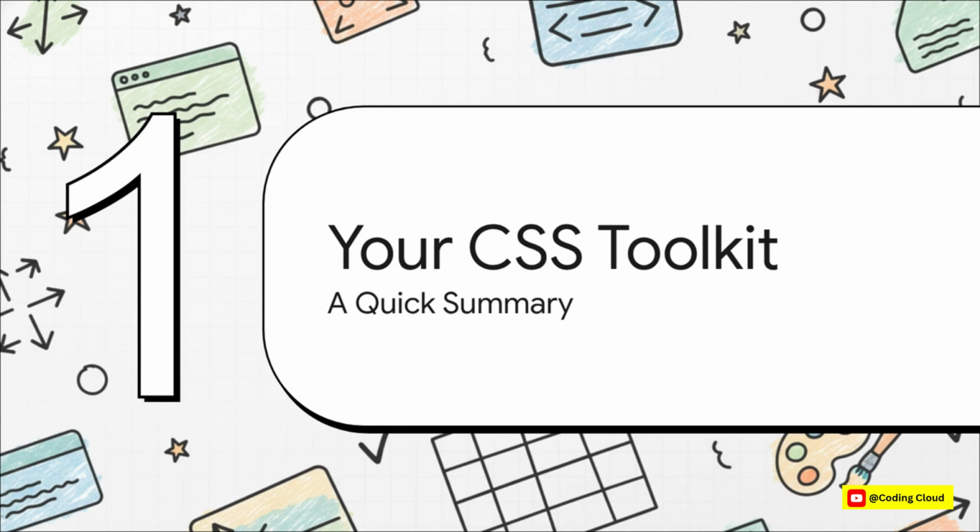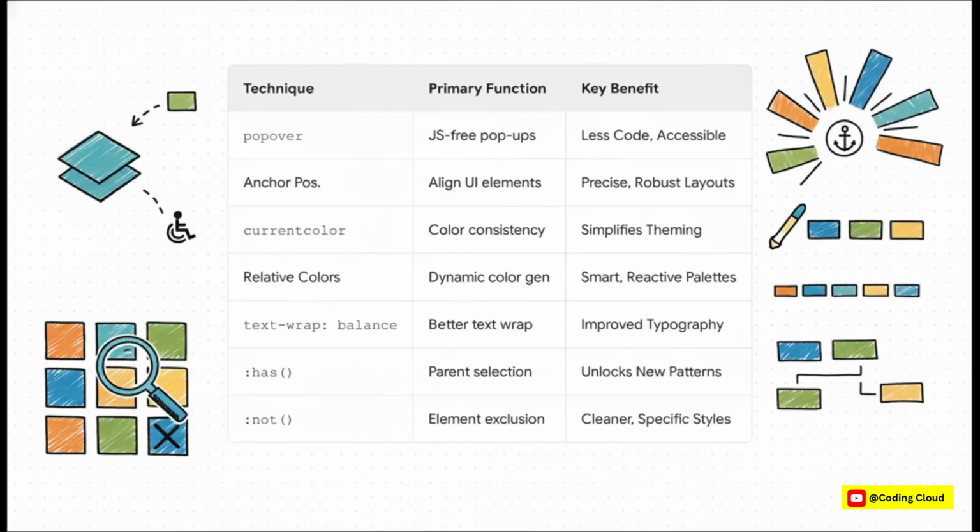Let's do a quick rundown of these new essentials for your modern web development toolkit. So let's recap. We've got popover for JavaScript-free, accessible UIs. We have anchor positioning for pixel-perfect element alignment. We've got current color and relative colors for way smarter and simpler theming. Text wrap balance for gorgeous headlines, and, of course, the game-changing has-a and not selectors for more powerful and precise